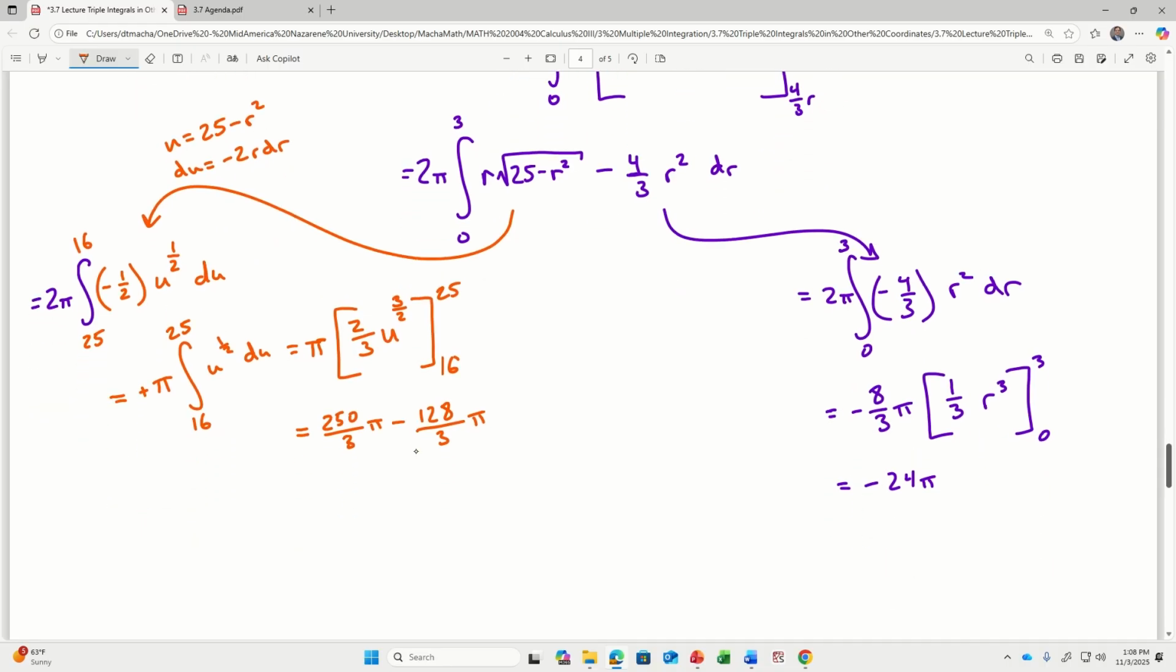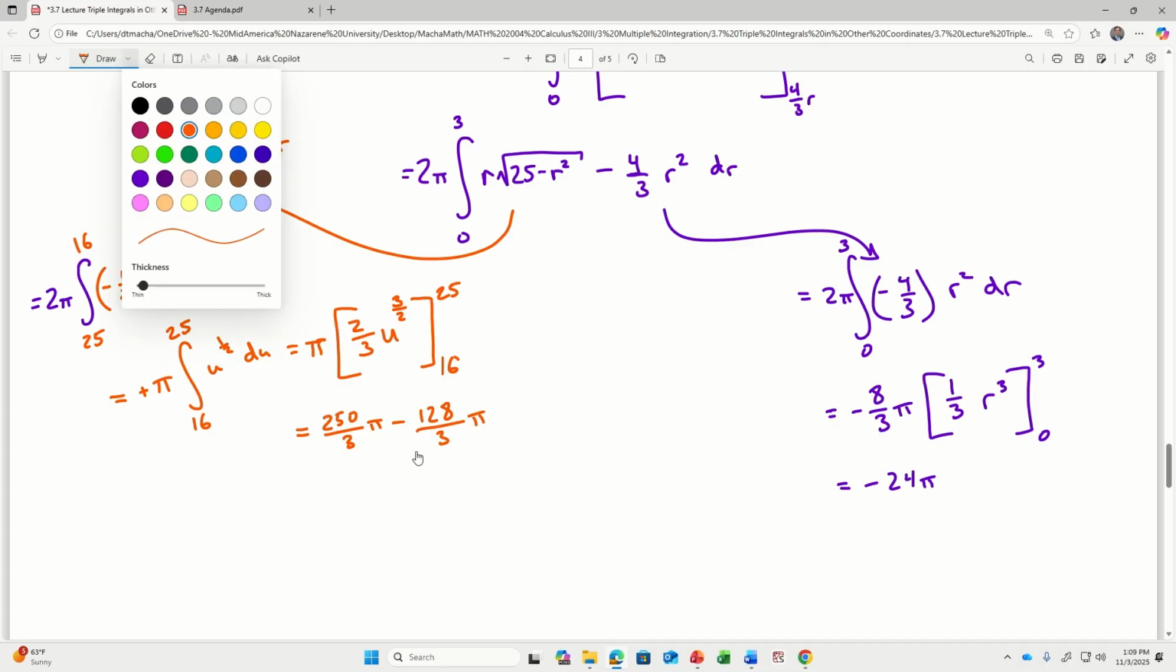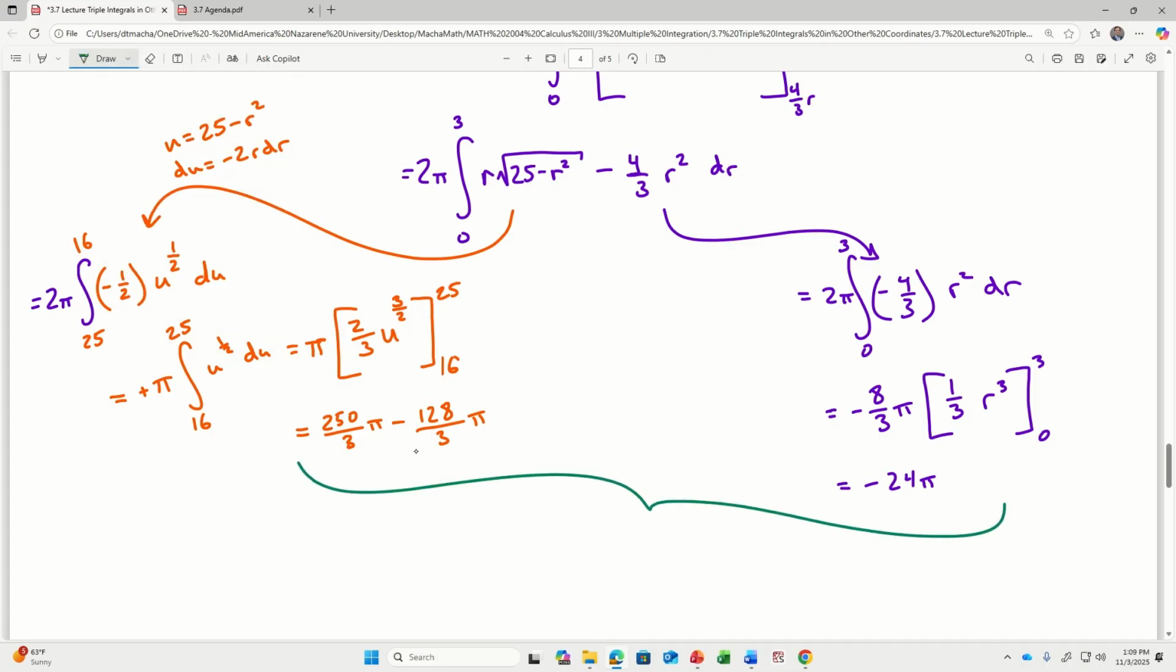So now I'm going to recombine these results and get like, okay, 250 minus 128 minus, what's 24 times 3? 72? (50 thirds pi),